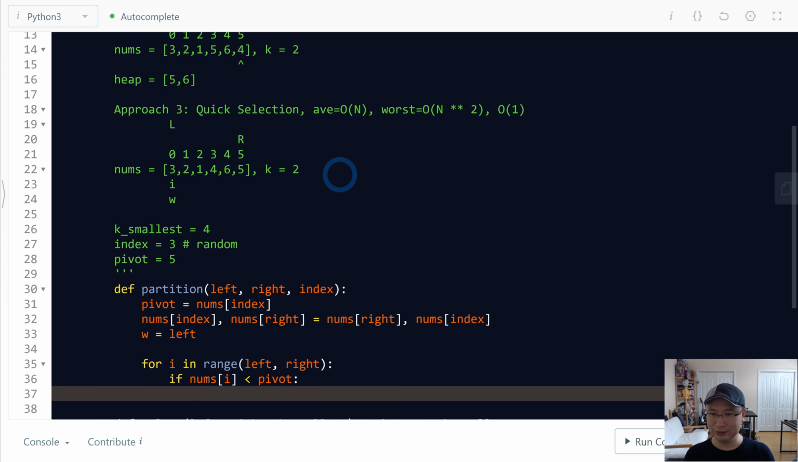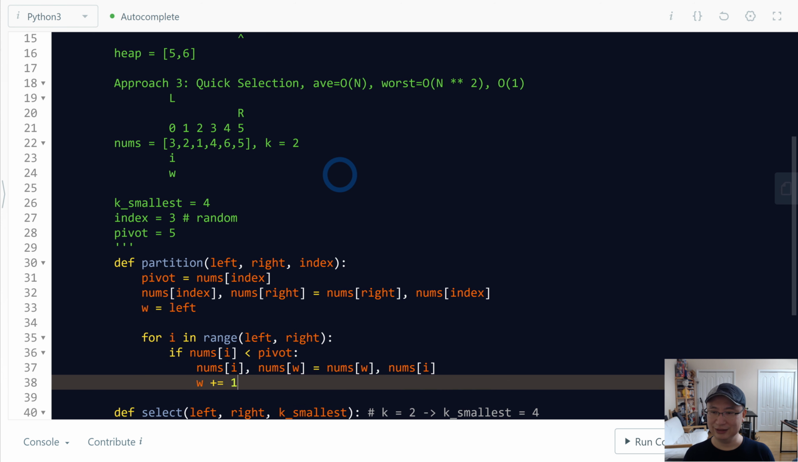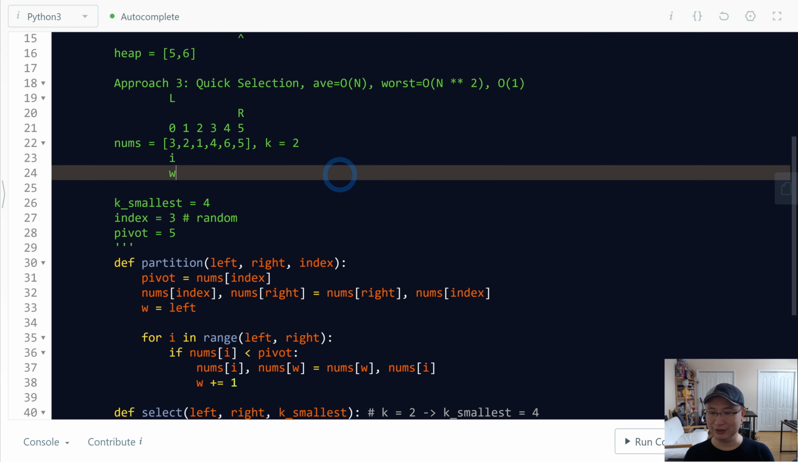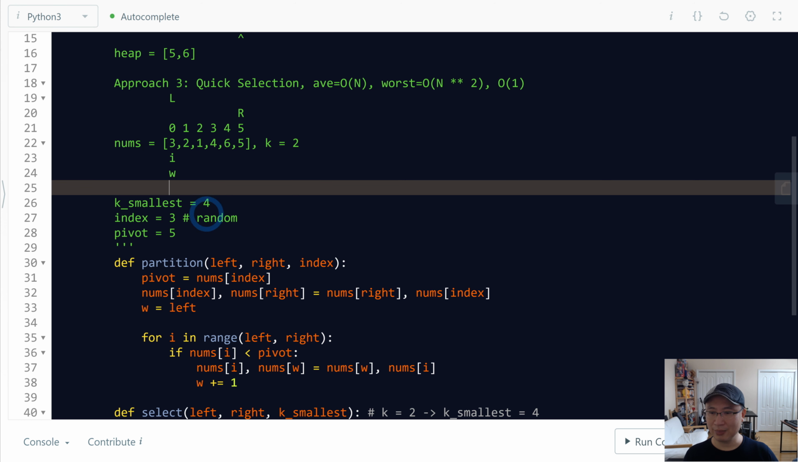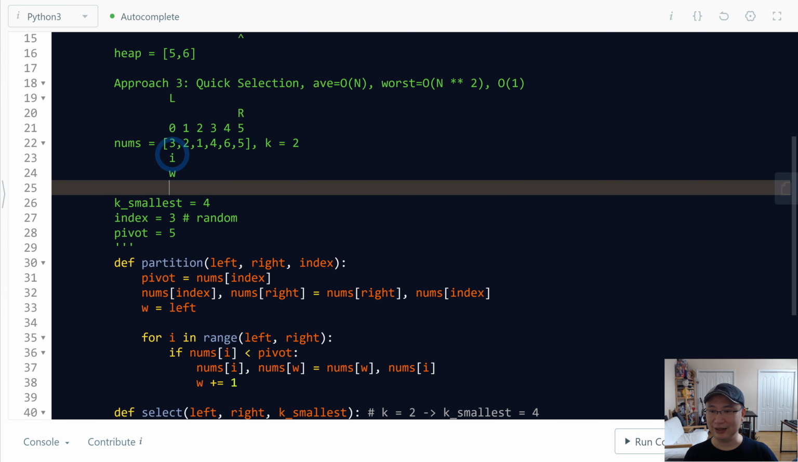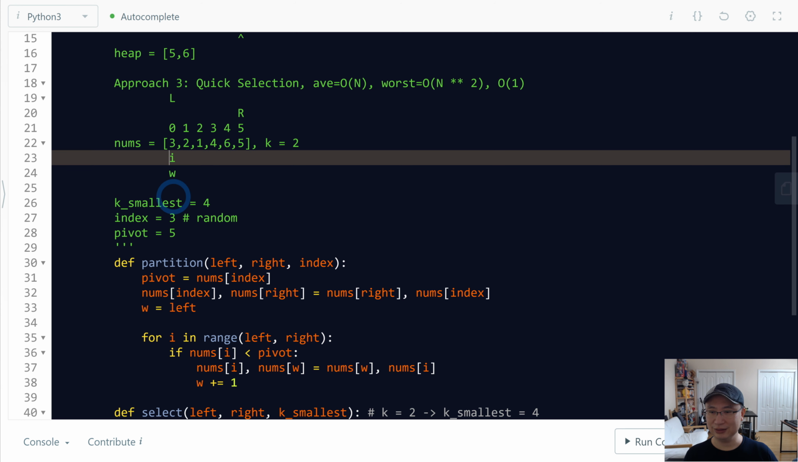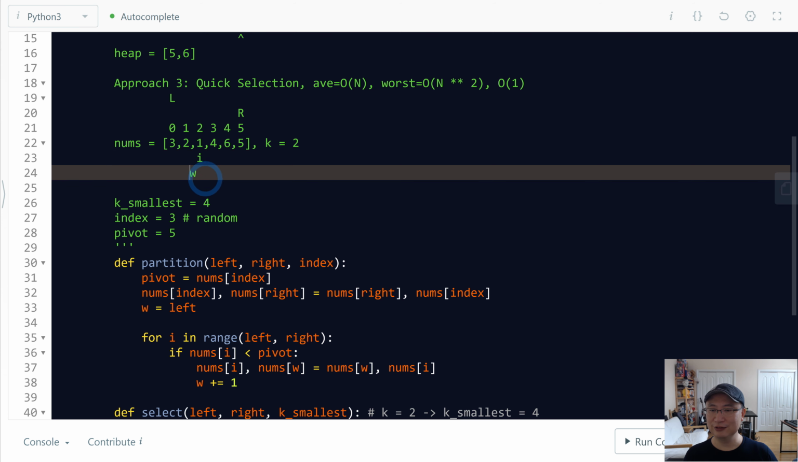I will do a swap. So nums[i] and nums[W], and then increase W. So to do that, okay, let's simulate it. So now i is 1, W, and then 3 is smaller than 5, so we will swap. Actually i and W are the same, so it swaps the same position, so it will just increase. In this case it also swaps and increases,